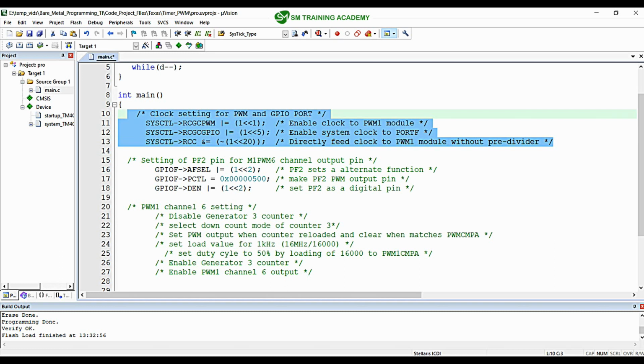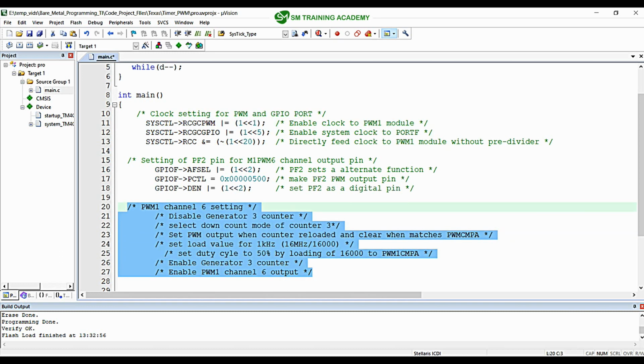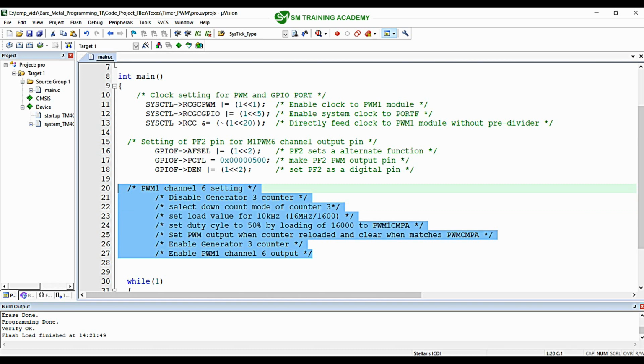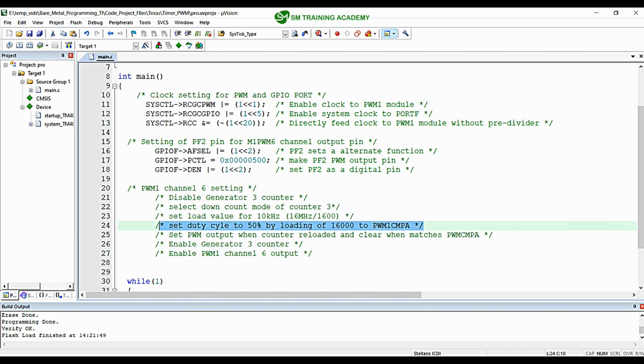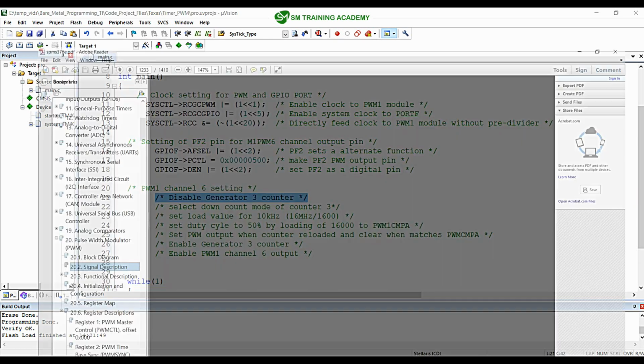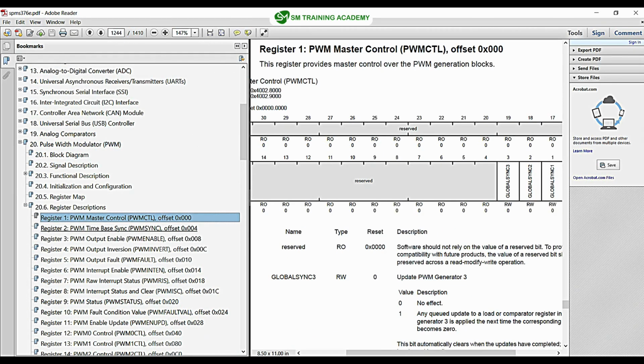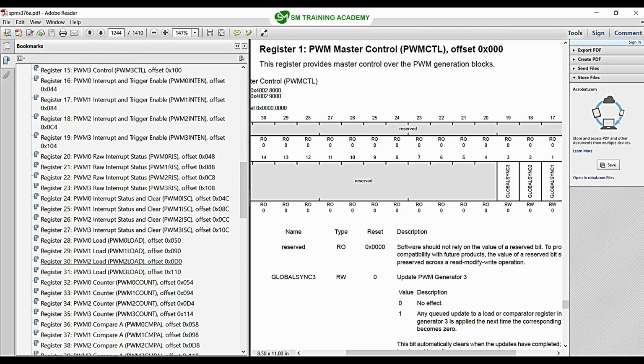clock control, and now we are going to move on to the PWM parameter configuration. So now let us start with the configuration of this PWM1 channel 6 for generating the PWM pulse of required frequency and duty cycle. The first step that I want to do is disable the PWM generation. That can be done with the help of a register called the PWM control register, that is